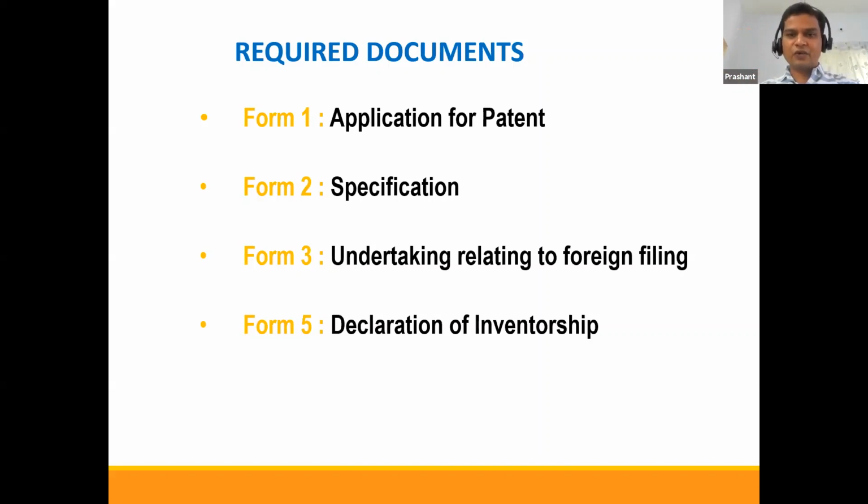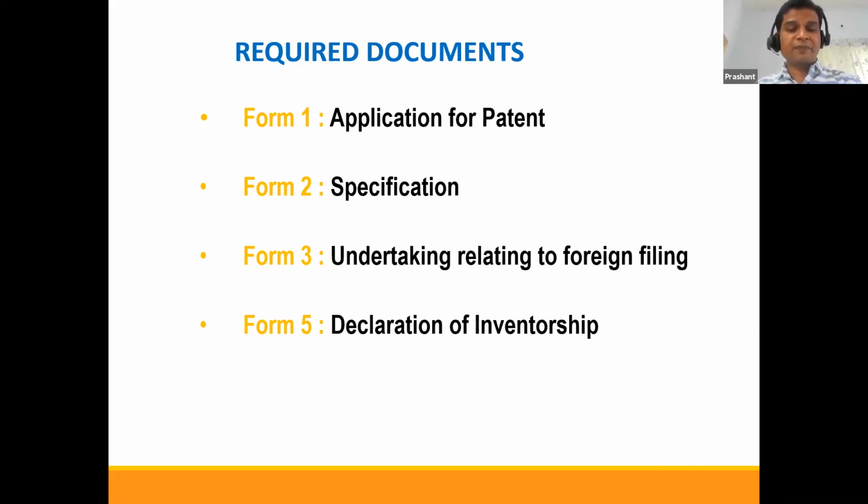Then Form 2 is actually your specification, which is your draft. It may be provisional or it may be a complete specification. If you Google any patent on the Google platform, you will see there is a title, a field of invention, then a background or introduction, then an object of the invention, then a summary of the invention, then detailed description, experiment results, and then the claim set, and then the abstract, and then drawings. I think somebody in this series probably will be talking about specification. I'm not aware of that, so I'll not touch in depth on how the specification is written and what the contents are.